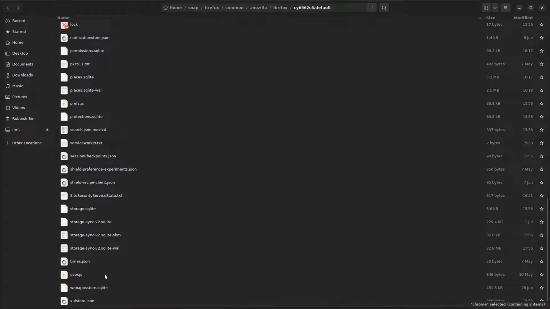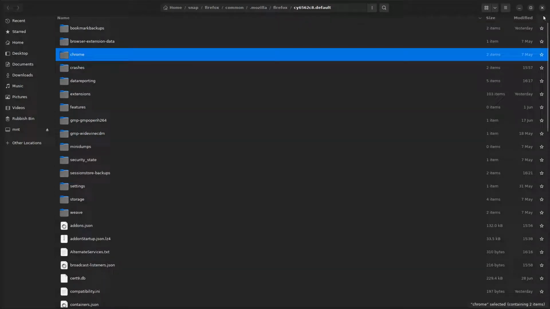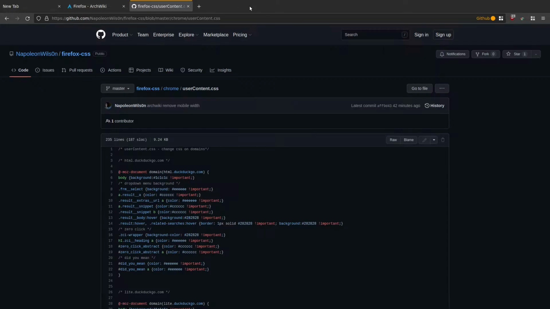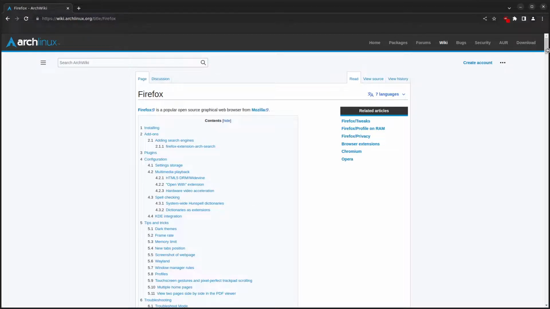Copy the user.js file into there. And that's it. Restart Firefox, and it will then remove the extra big margins on the Arch Linux Wiki. So instead of it looking like this,